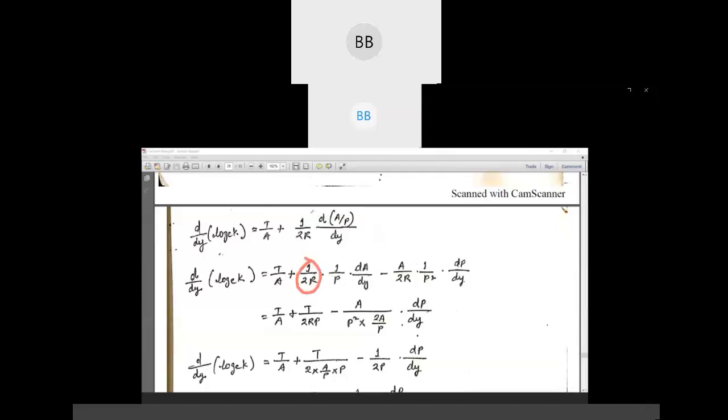Okay, 1 by twice will be there. So that is why in this term also we have 1 by twice here. Here also we have 1 by twice here. So you will get this expression after differentiating a by p with respect to y. Okay? So now p by a,